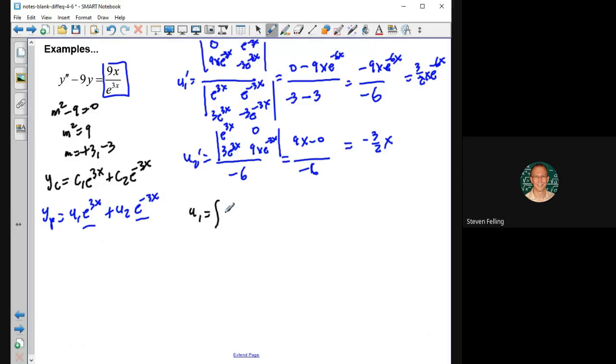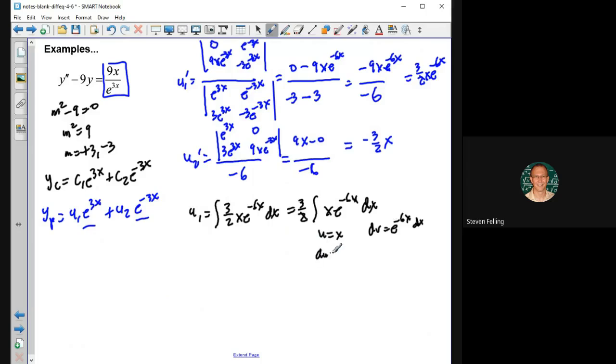u1 is equal to the antiderivative of u1 prime. This one, we're not going to have to resort to a table, but we are going to have to do integration by parts. So let me move the 3 halves outside. x e to the negative 6x. Maybe we could do, let's make u equal to x and dv equal to the e to the negative 6x dx,